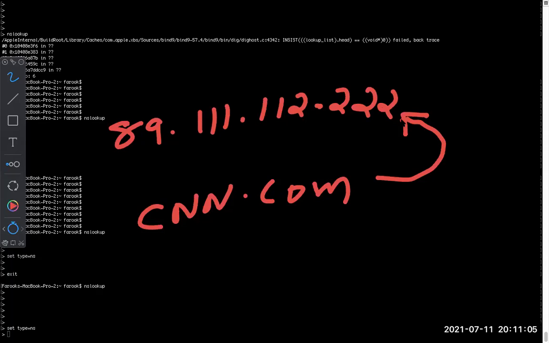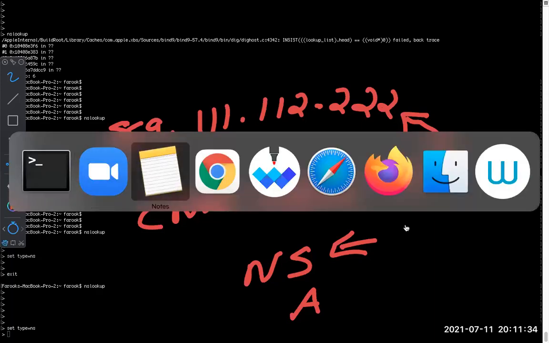In the beginning, there was only one type. I mean, you can say two types. One is NS and the other is A. An A record, you may know, is this mapping. You have a name and you are mapping it to an IP address. That is called an A record. An NS record is called a name server. These two records, I will try to show you.